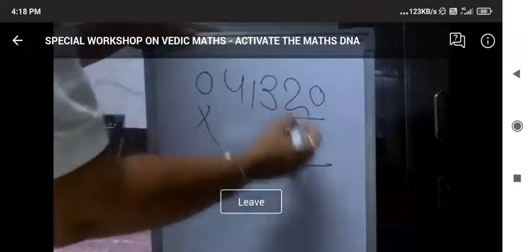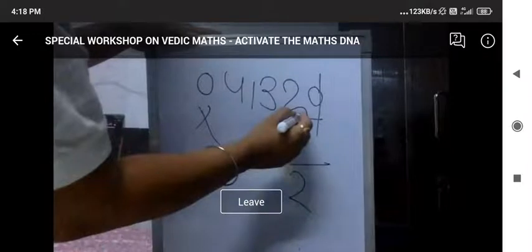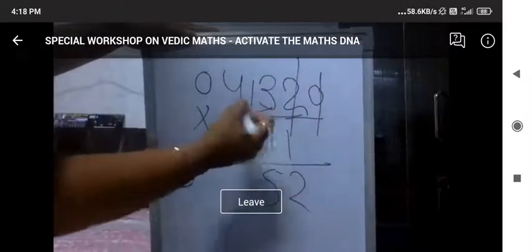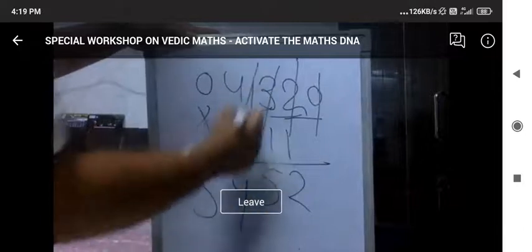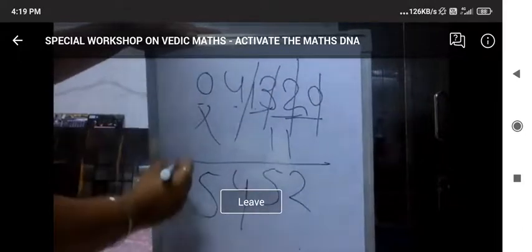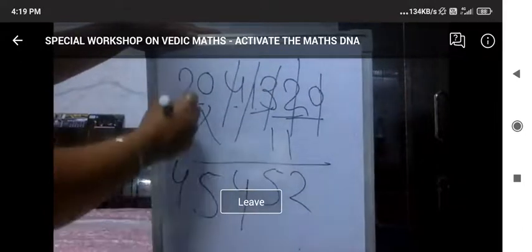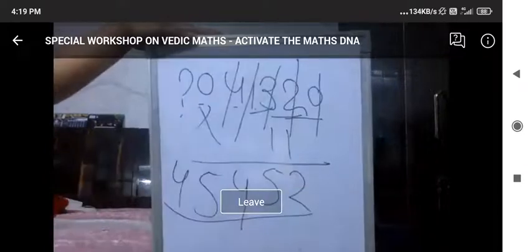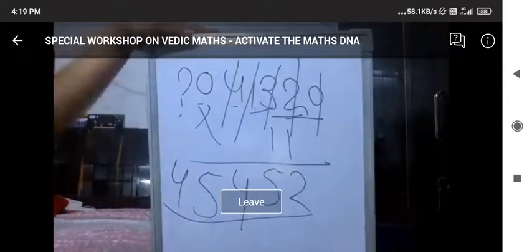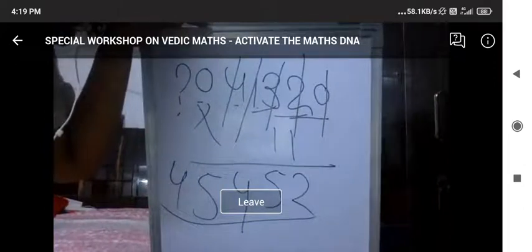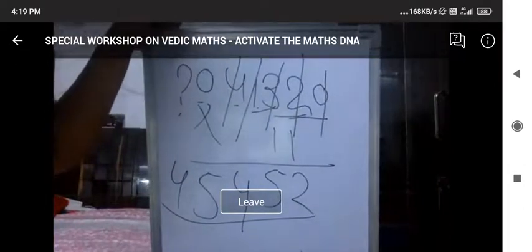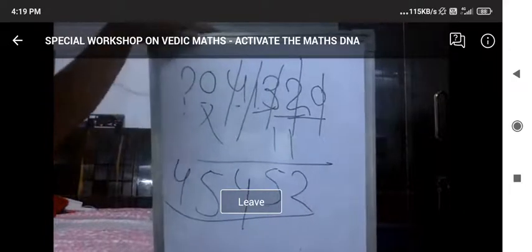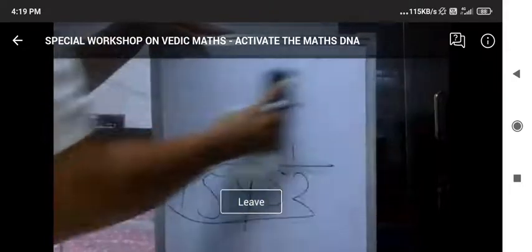Then start adding the digits quickly. It's 0 plus 2, 2. 2 plus 3, 5. 3 plus 1, 4. 1 plus 4, 5 again. 4 plus 0, 4. So here is my answer. So who all did the calculation quickly and before I completed my calculation, a clap for them, and that's nice. So let's go to another trick.